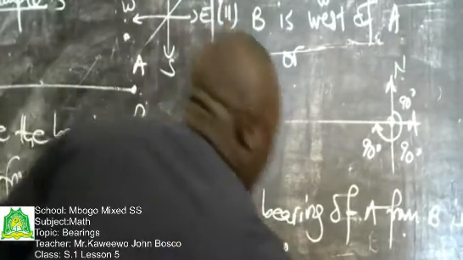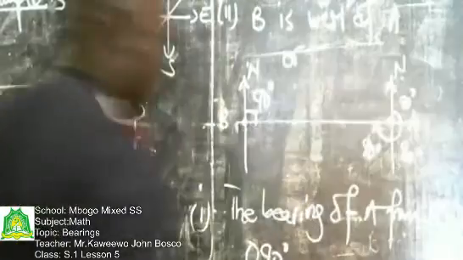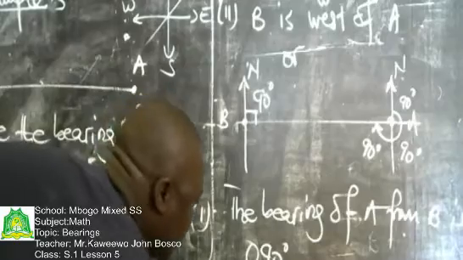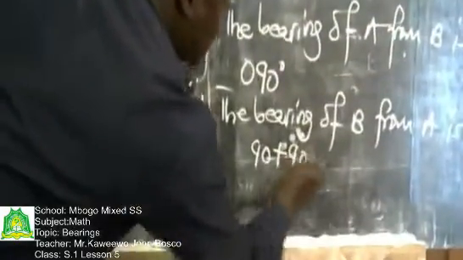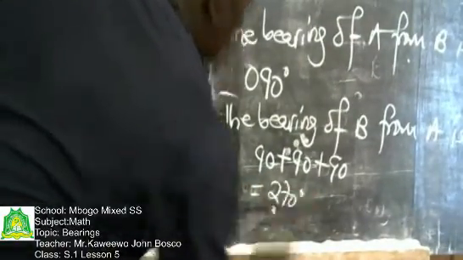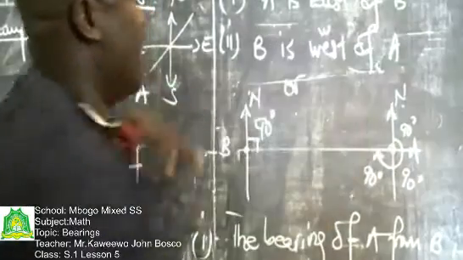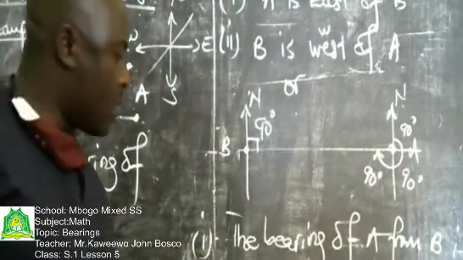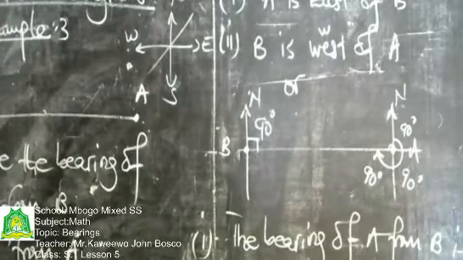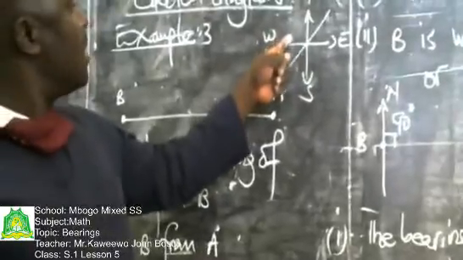of B from A is, I look at it, 90 plus the 90 and plus another 90. This one will give us 270 degrees. The 270 degrees makes the same direction as the west when we are measuring from north, that angle from north. So whenever we are answering, we take note of that, either points of the compass or we can